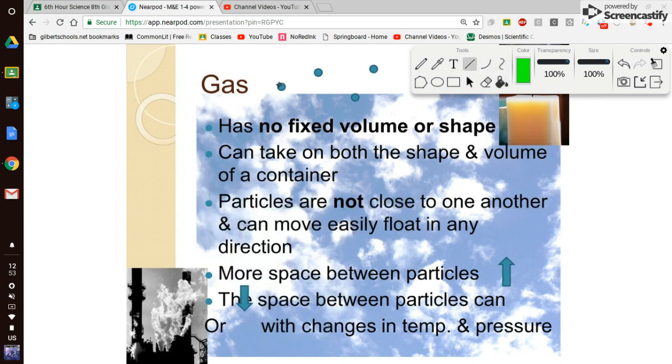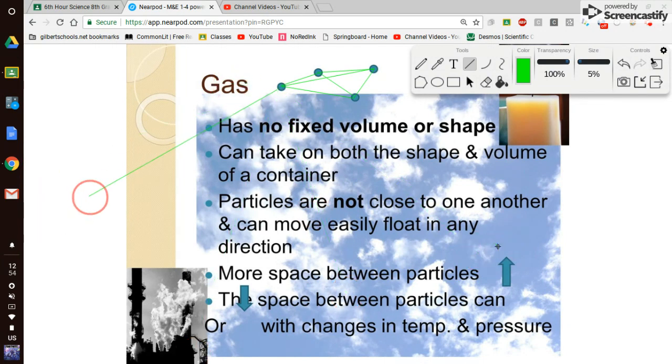So that's what that is showing there at the very top. Notice how there's a lot more space than what's been shown before. Very much a lot less organized than before. And remember I had told you about when we're deciding whether gases were matter, and I said, well, what happens to the space I'm taking up when I move over? And you guys said the gas fills it up. Okay, so that's the same thing that we have to think of here: whatever space is available is where the gas will travel to. Okay.